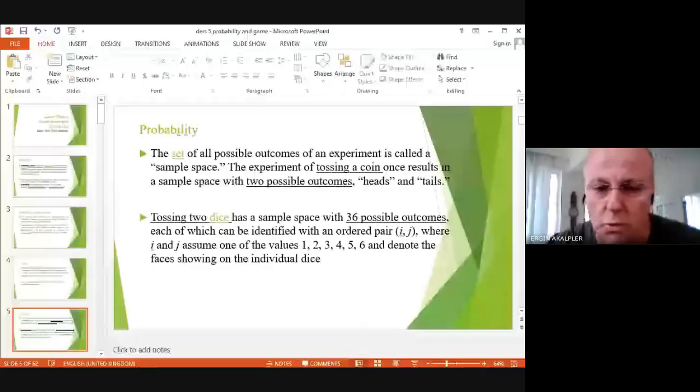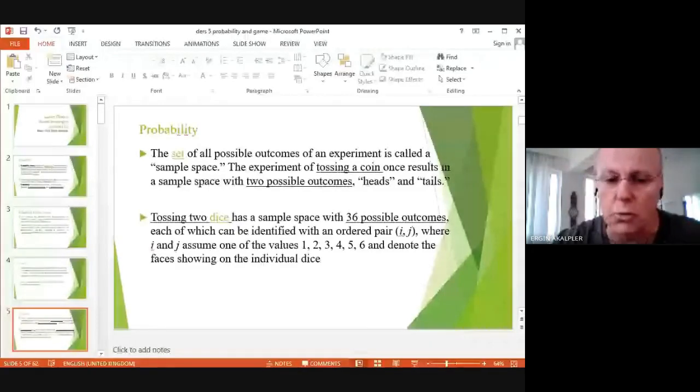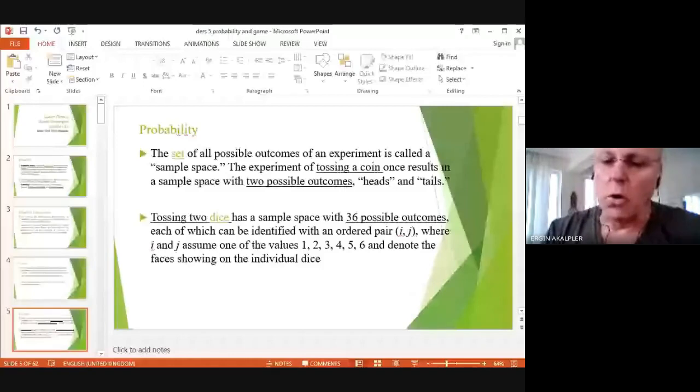dice, and every die will give you different combinations, such as 1 and 2, or 1 and 3, or 1 and 4, or 1 and 5, or 1 and 6, or then 2 and 1, 2 and 2, 2 and 3, 2 and 4, 2 and 5, and 2 and 6. It goes like this, and you are expecting to get 36 possible tosses for getting the possible combinations of this probability. And of course, tossing